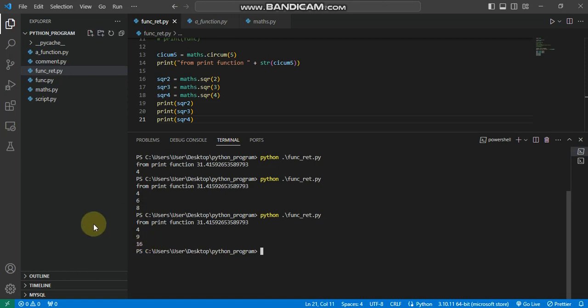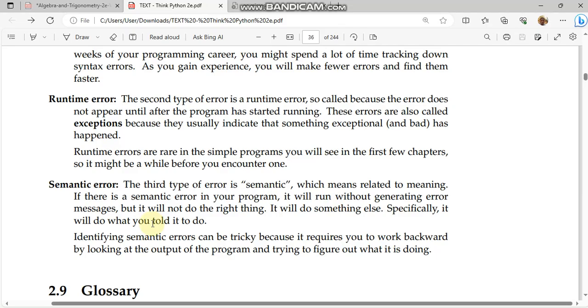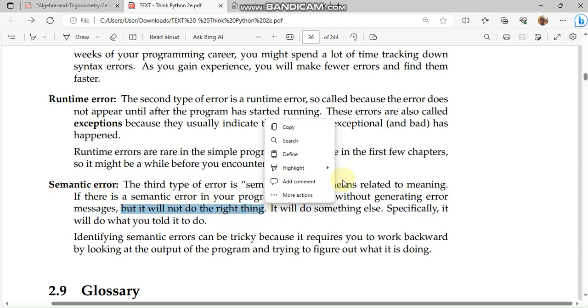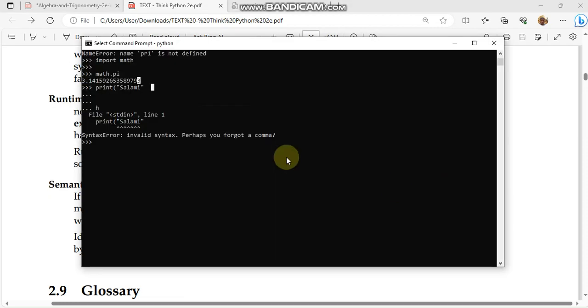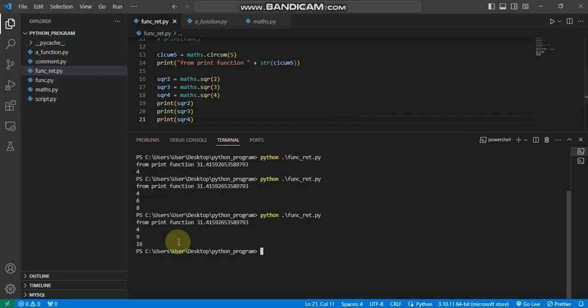So yeah, the kind of error that is being returned is called semantic error, when it does not do the right thing. It does not do what I actually mean. Which means related to meaning, but it is not actually the meaning of what I want. These are the kind of errors that I might come across. So tracking down semantic errors is very tricky, but not difficult if you understand where the error is coming from